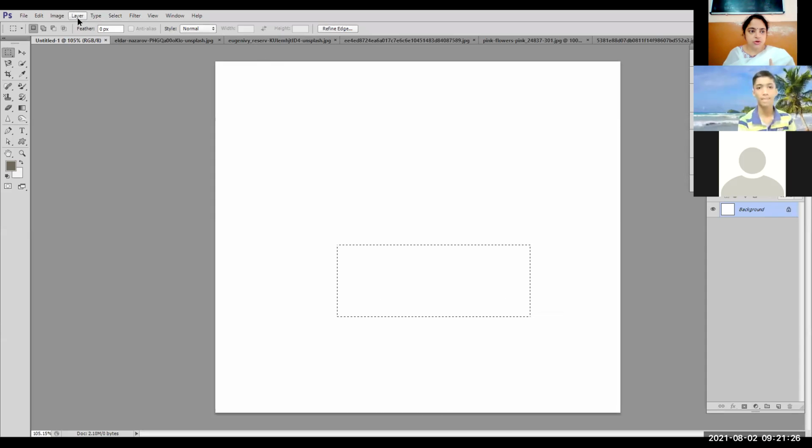If I want to select multiple parts of the image, then what can I do? One option: you can select the add to selection option. In the option bar, there is a button for add to selection, subtract from selection, and intersect with selection. If I click on add to selection, it will select the multiple parts.